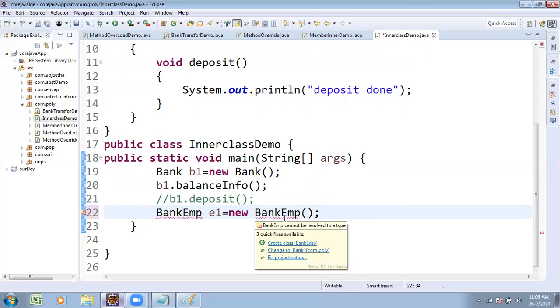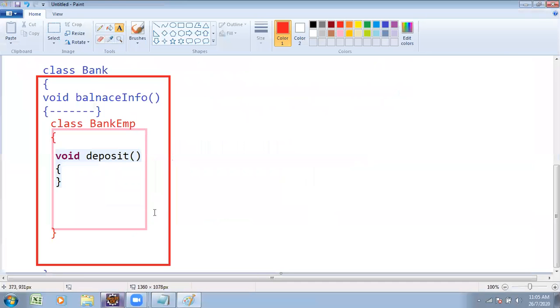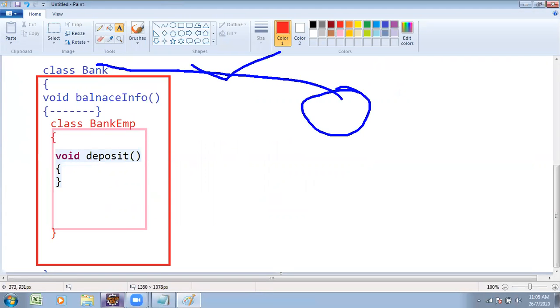Here there is no chance; this line of code is not possible. We cannot access an inner class from a different class. We can access this one, but accessing this part of logic is not possible.